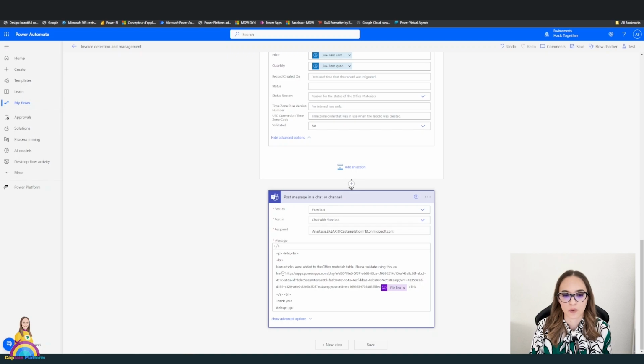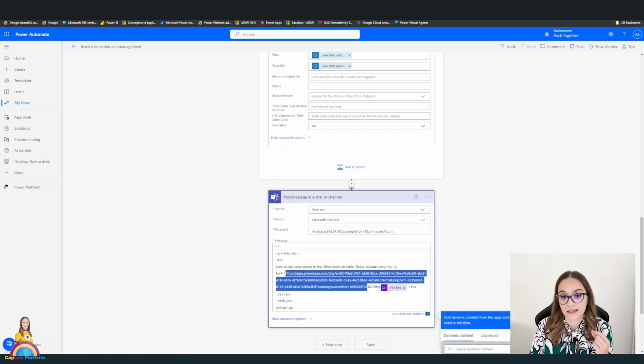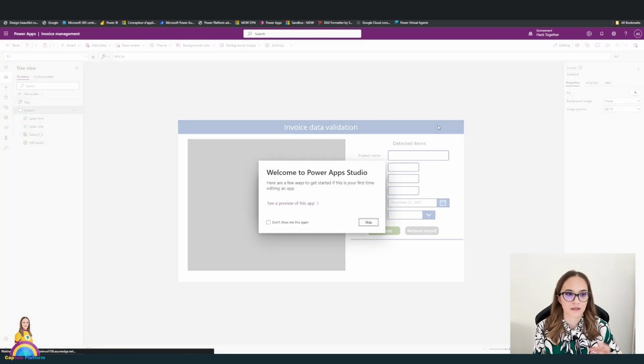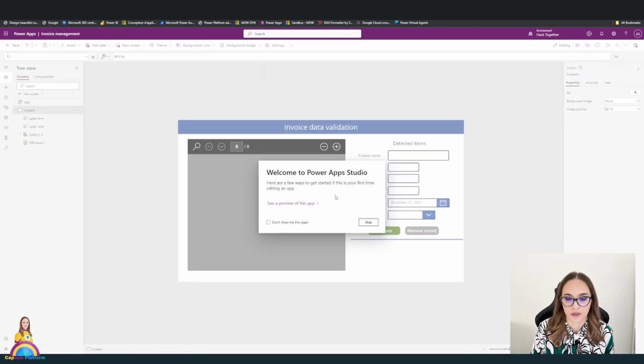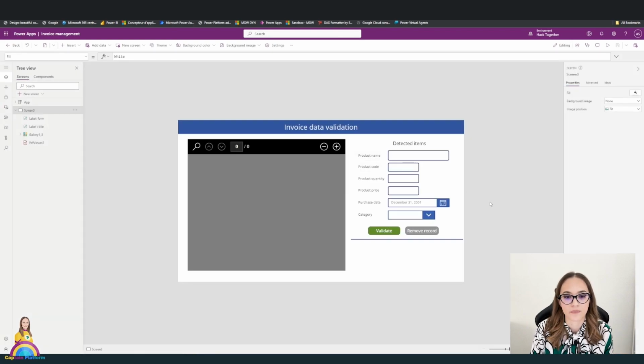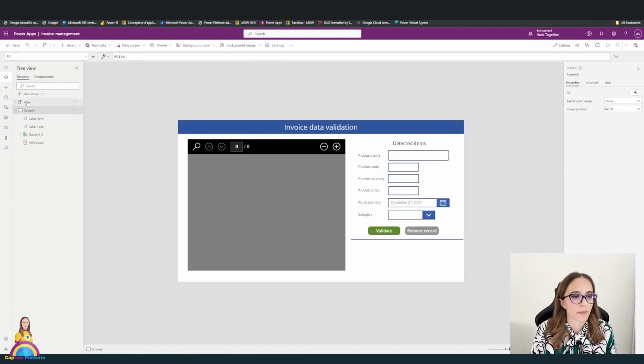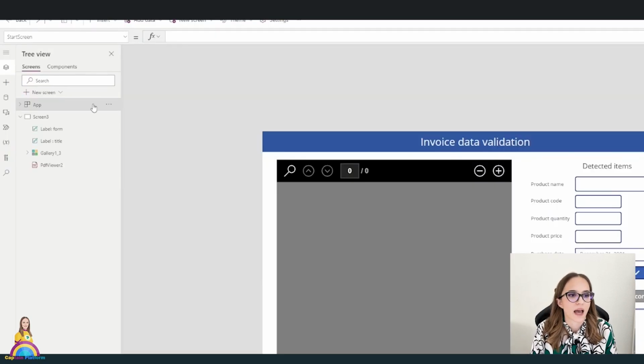I'm creating a link to the app, and to this app I am passing the parameter, the ID for my file. And when the user opens the app, it will get the content of that SharePoint invoice inside this PDF viewer. This component is called PDF viewer, and it will show the content of our document. The most important part is happening when